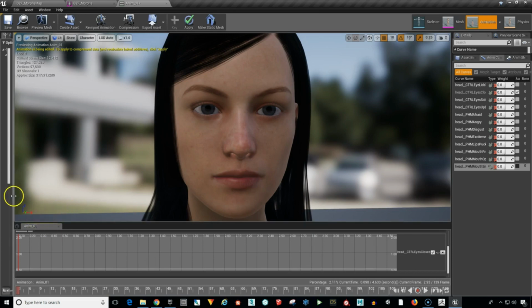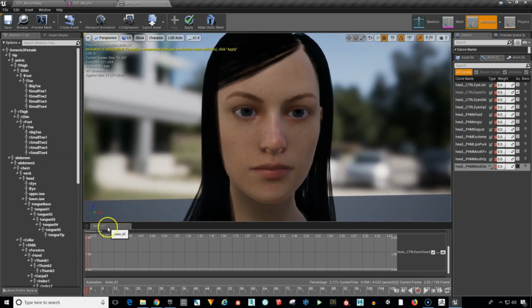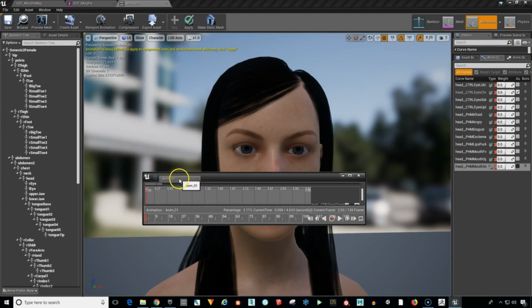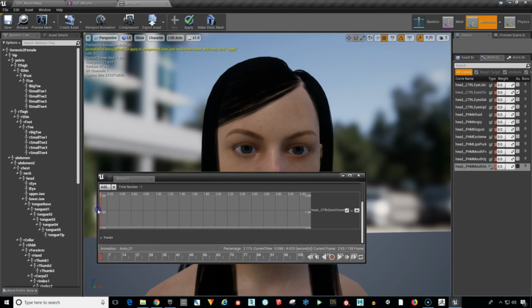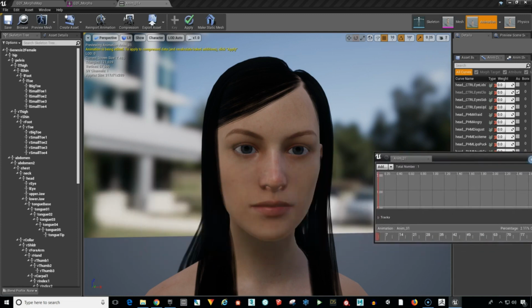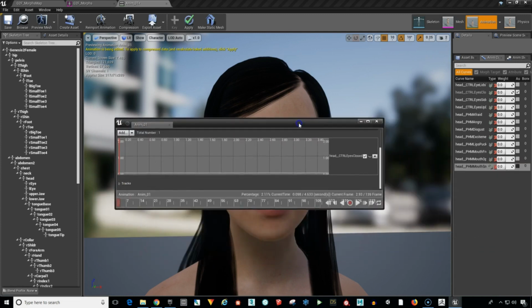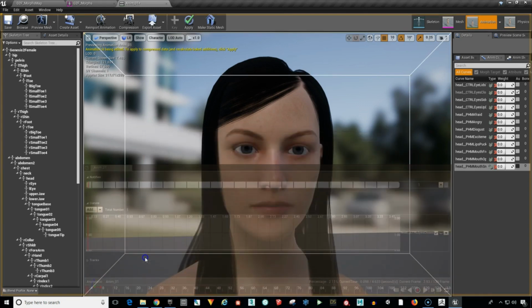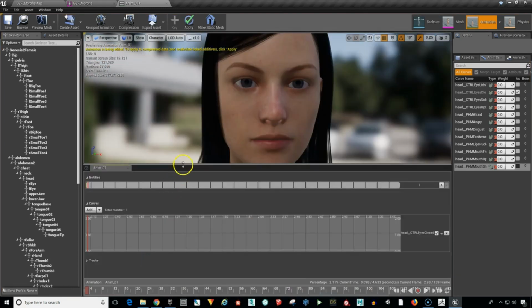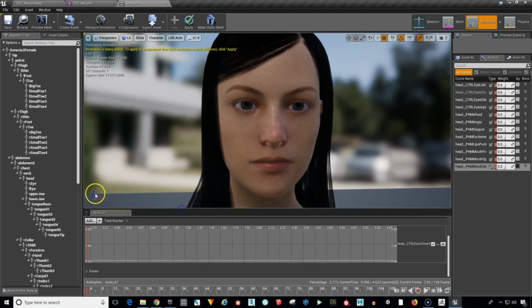Now this can also be torn off like this, and you can resize it if you prefer to work this way. You can resize the box or the window. You can move it over to another screen, and I sometimes do that, and then you can expand it, all the way to fill the screen, or you can just bring it in here like we're doing here